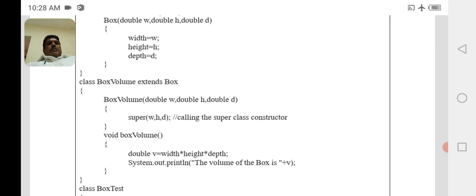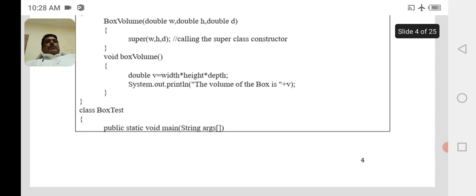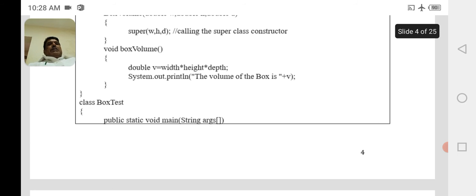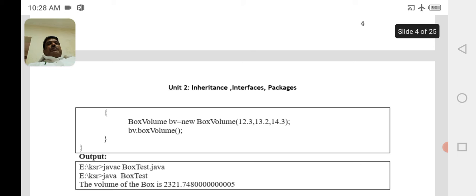And the subclass also has the method void boxVolume which calculates the volume, double v equal to width into height into depth, and it prints out the volume of the box as v. And to create object reference variables, we need another class BoxTest, which contains public static void main(String[] args), and the object reference variable of subclass BoxVolume, bv equal to new BoxVolume, and arguments are passed here.